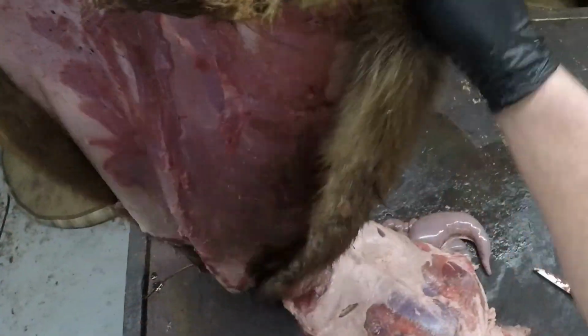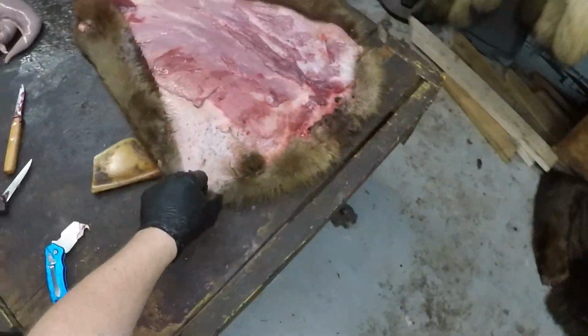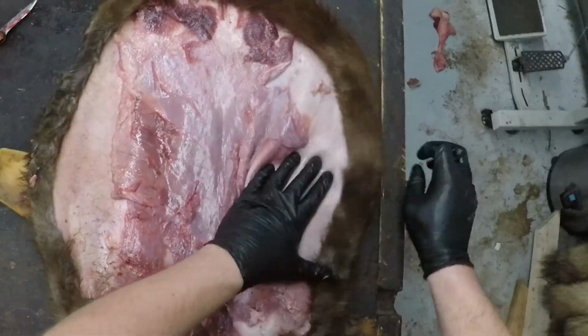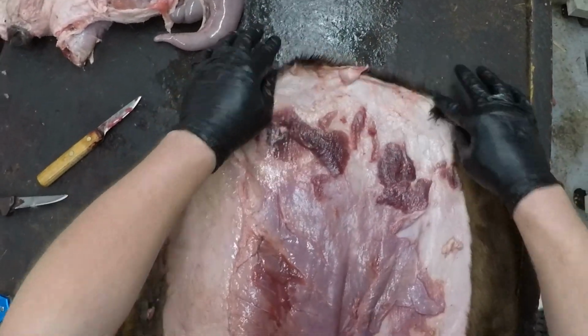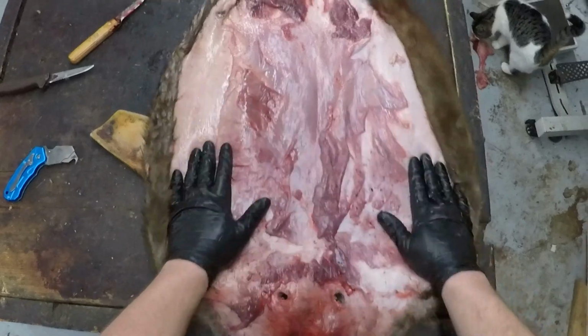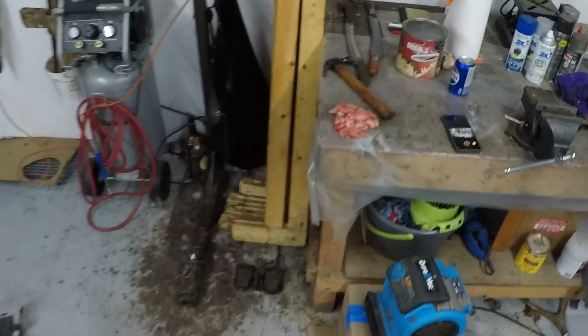That's a rough skinned hide, and you can see how much meat's left on here. So the really delicate parts, like I was saying, along the sides here, that's already fleshed out. You don't have to hit it with a fleshing knife, you don't have to hit it with a skinning knife again. So what we'd end up doing is putting this on a beam over there, and you might remember if you've seen my other videos,